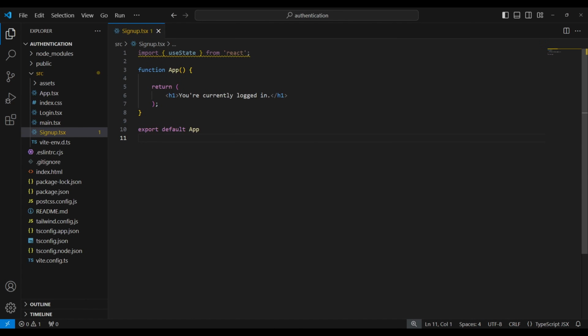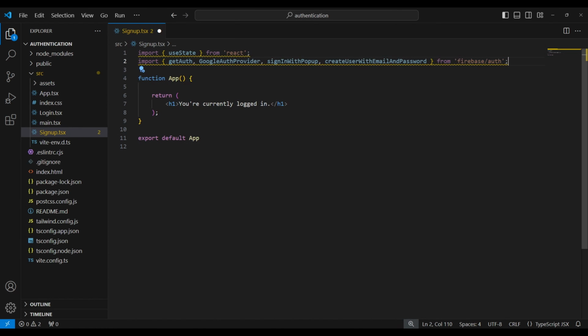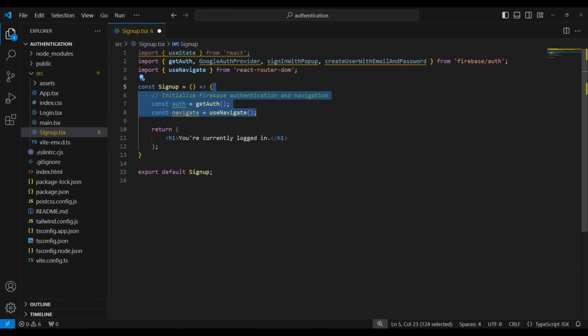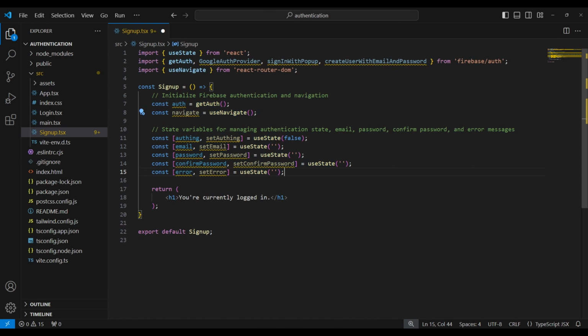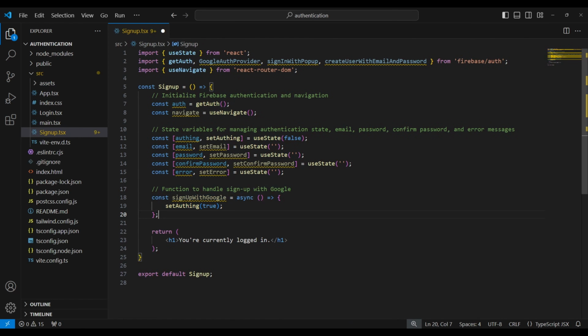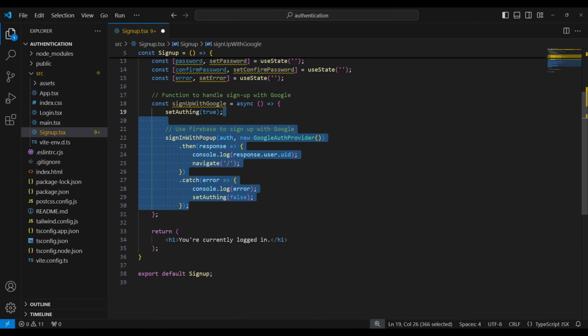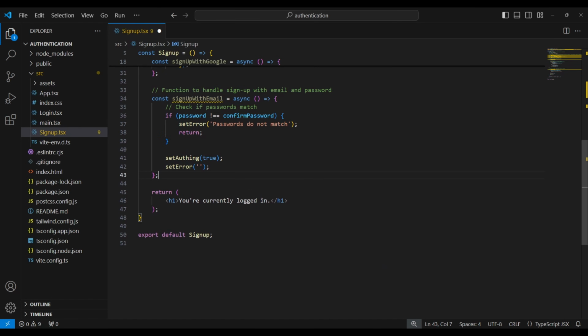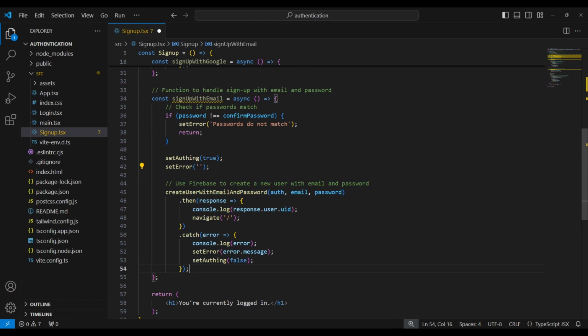Make a copy of the app.tsx file once again and rename it to signup.tsx. First, import all the necessary packages. Then, change the line where the component is defined. Initialize Firebase authentication and navigation. Next, create state variables for managing authentication state, email, password, and error messages. Add the function to handle sign up with Google and implement the sign up with Google functionality using Firebase. Add another function to handle sign up with email and password and implement the sign up with email and password